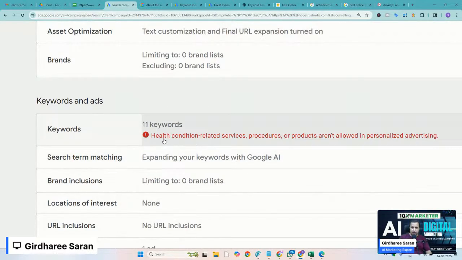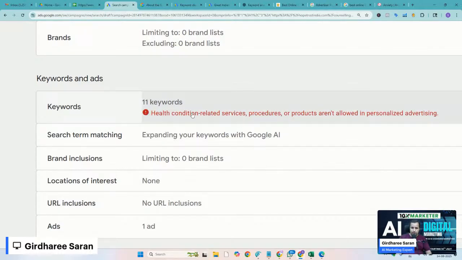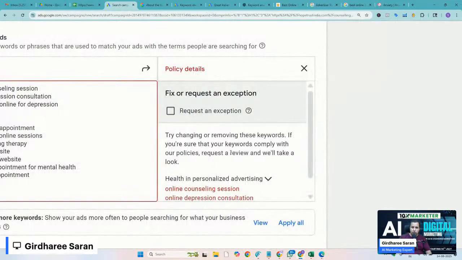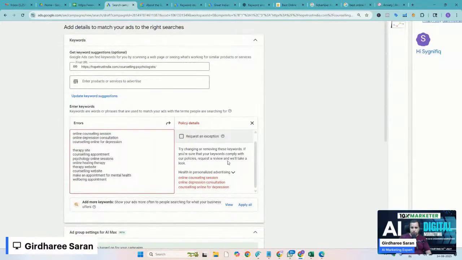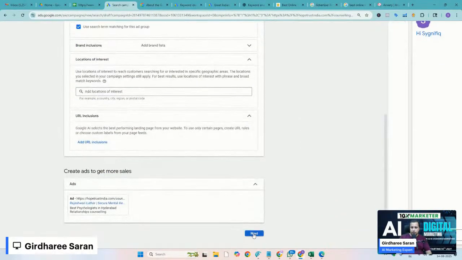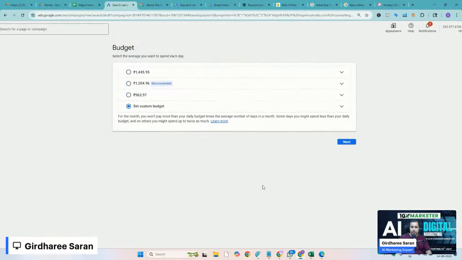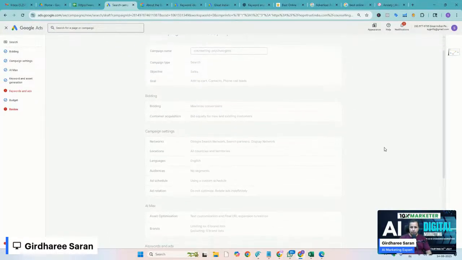It is saying that personalized advertising is not possible because this is a special health related service. You might have to do some specific settings or appeal, or maybe remove some keywords because this is violating Google's policy. It does not come for all categories. This is specifically coming for this category. So you can modify that. All the errors and everything will be visible on this final page. Once you are satisfied with everything, once Google is satisfied with everything, your ad will be made live,